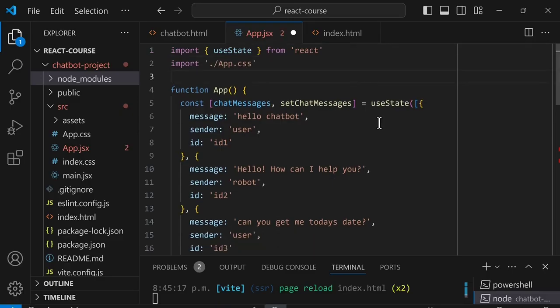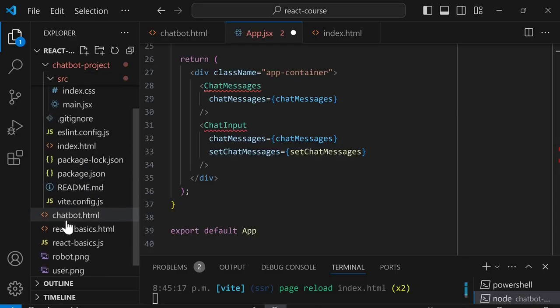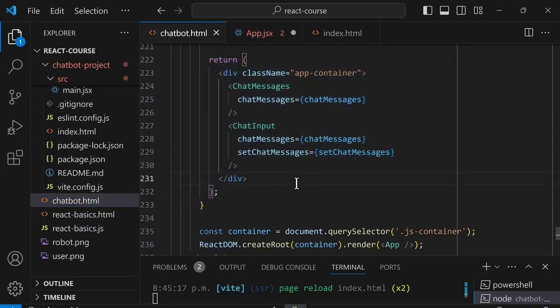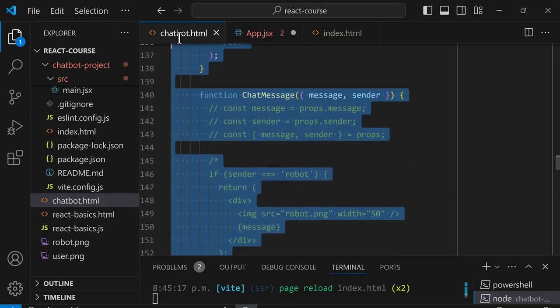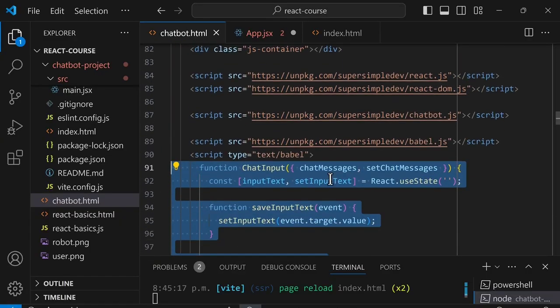Next, let's scroll down, and it's going to tell us that the components ChatMessages and ChatInput are missing, and they don't exist in this file. So let's actually just copy them over from chatbot.html. So we'll go back to the previous project, and in chatbot.html, we're going to scroll up, and above the App component, we're going to copy over all of our other components. So we're going to select all this code, and we're going to copy,